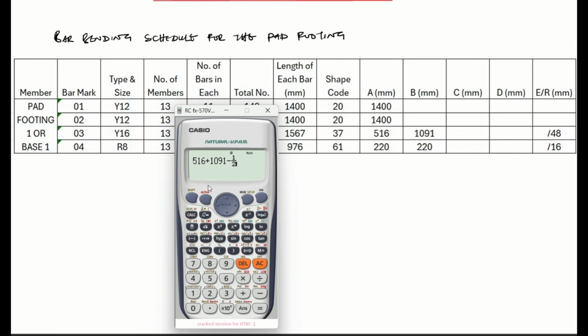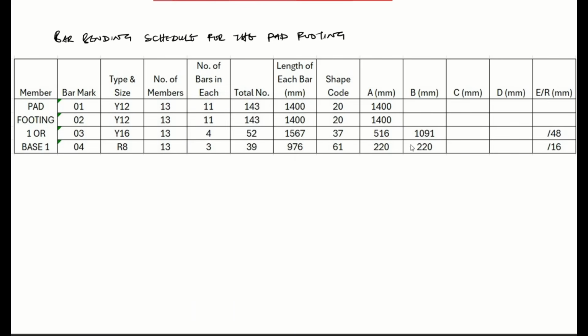All right, then now the radius we have is 48, minus the diameter. The diameter will be given in the Y, so like this is a Y16, so the diameter is 16. So minus 16 equal to, sorry, I think I just did a miscalculation. But anyways, when you punch them in, you do 516 plus 1091 minus 1 over 2 multiplied by R, minus the diameter, which is 16. You're going to get